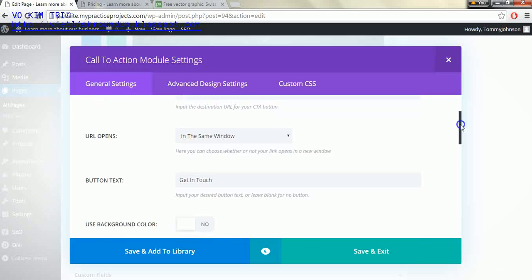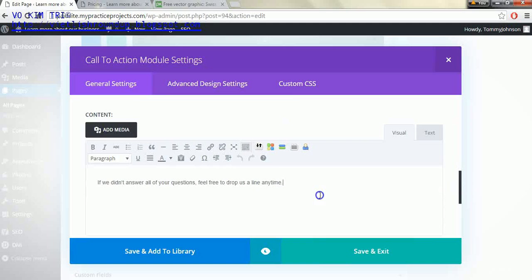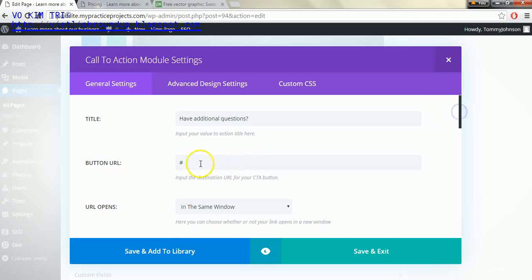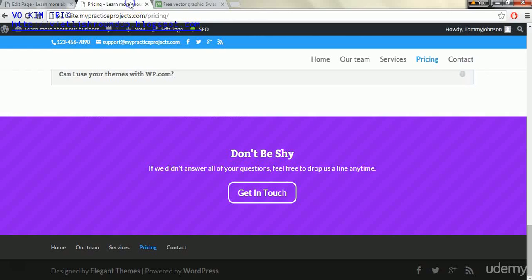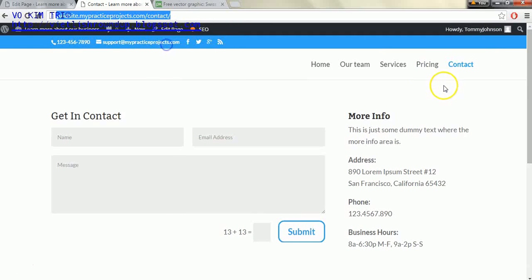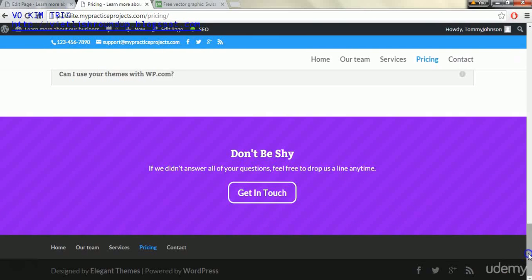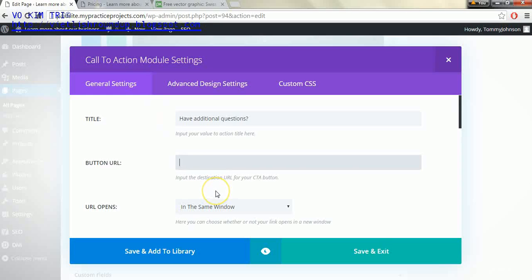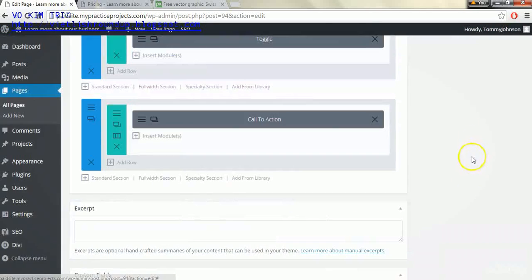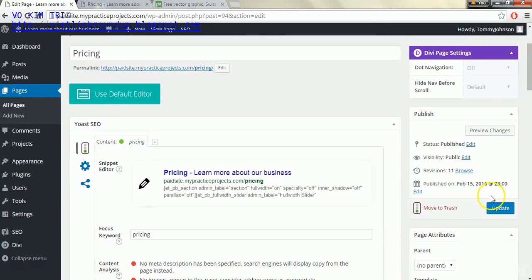And here I'll say the text here, feel free to reach out to us, we'll get back to you quickly. Now something I wanted to show you here is if you wanted to add a button URL, for example, you want it to be contacted, that's what you want that button to go to at the bottom of the pricing page here. So at the bottom, we want them to be able to click get in touch here, and we can change that text if we want, but if they click get in touch, it will go to the contact page. So if we save that, we go up and we update it,